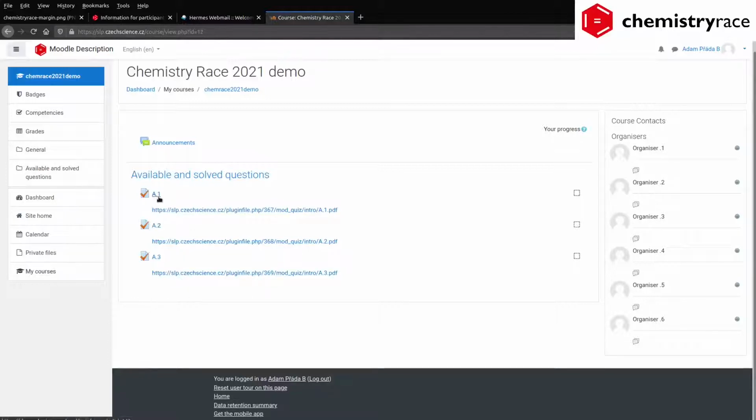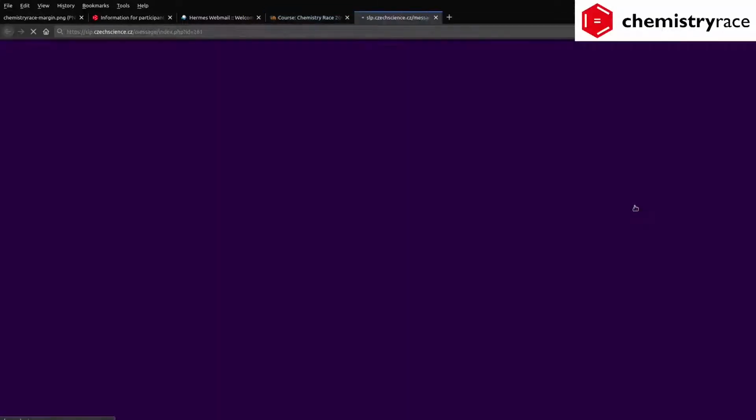This numbering is important because if you have trouble with any one of the questions, there are organizers to help you, but each organizer is specialized in only one group of questions based on the number. So let's imagine that I have a problem with a question that ends with 2, be it A2, B2, C2, and so on. In that case, I want to contact organizer 2. I can click on Message Organizer